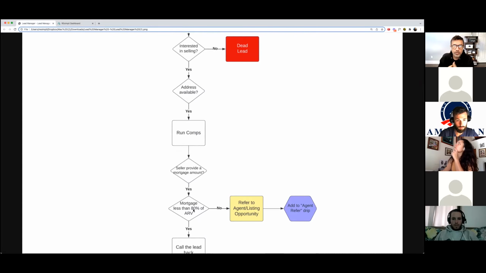So let's say, for easier numbers, the house is worth $100,000, and the house has a mortgage of 90%, like $90,000 of mortgage on it. Then for us it would be a referred to agent. So we're going to refer it out as a listing opportunity to somebody, and then we would put them on an